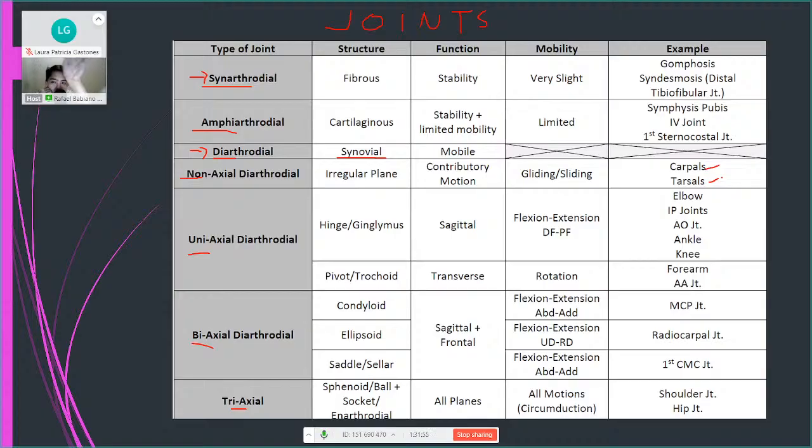When you say ulnar deviation, that is your hand or wrist pointing to the ulna. The ulna is on the pinky side, right? Pinky, ulna. Ulnar deviation. Pointing to the pinky side. Radial deviation is the opposite. It's pointing to the radius, the radius side. Radial deviation. Okay? So during this motion, your carpals are gliding and sliding. They just move like this. Glide to the left, glide to the right. If flexed, glide forward, slide backward. They don't really have an axis. They're just sliding. That's why they are non-axial.